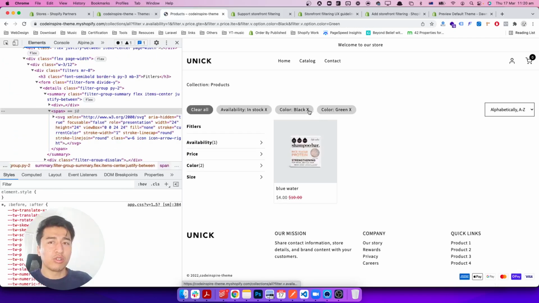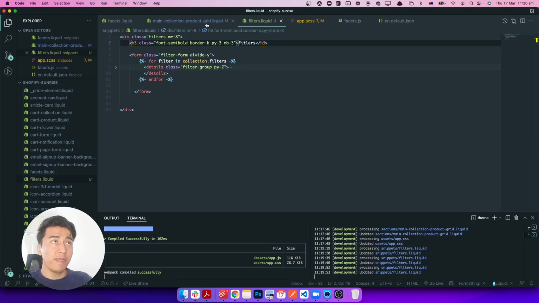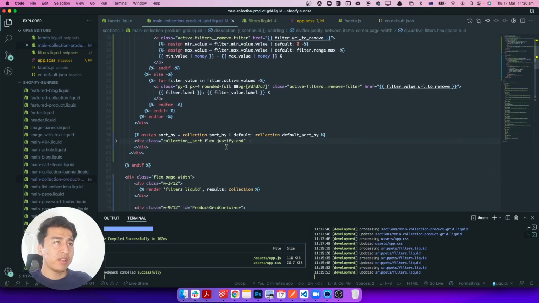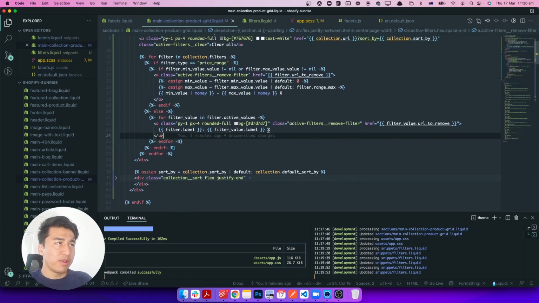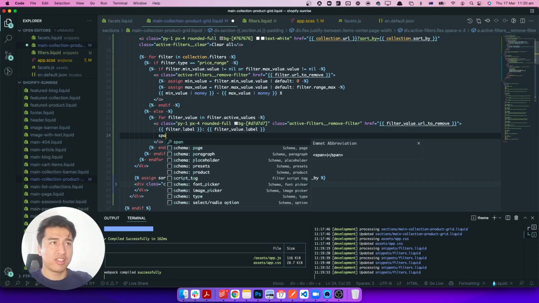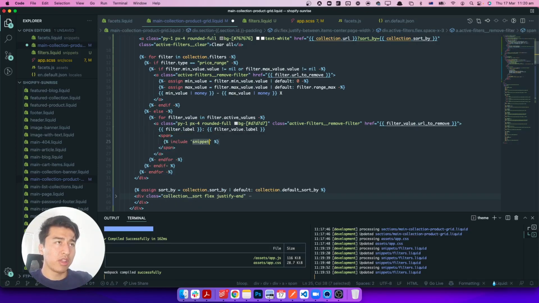The X icon does not look good. Instead of the X icon, we can again come here, scrolling to the bottom, you see this X icon. I really don't like this. So how would you replace it? Again, just the last trick that I can show you. In here I will include